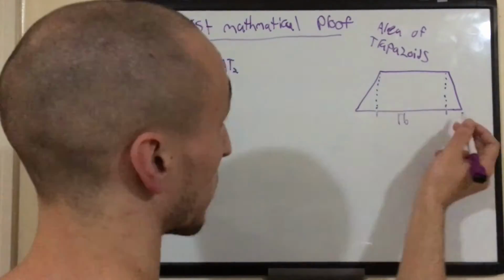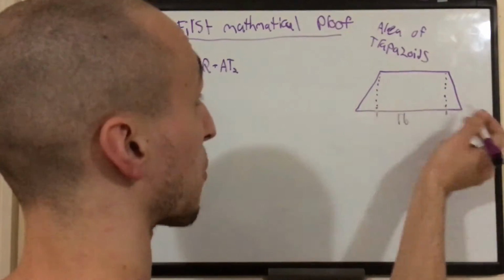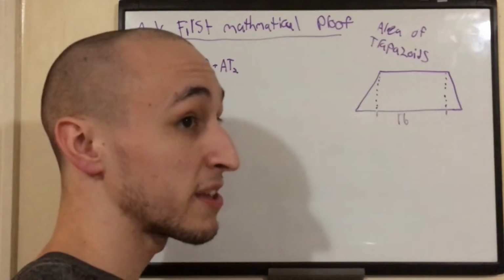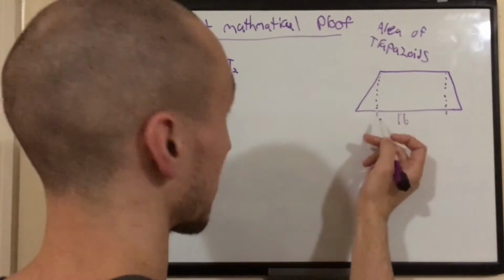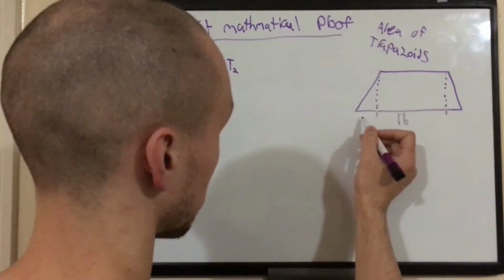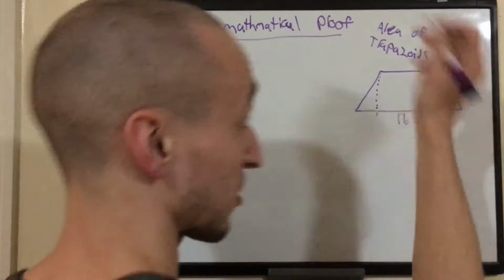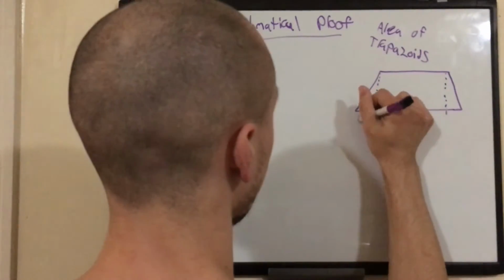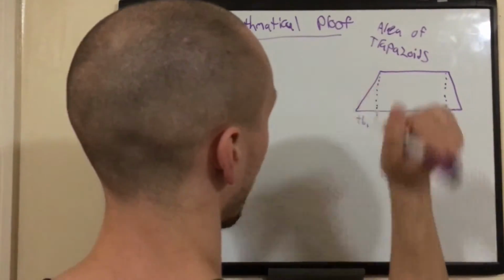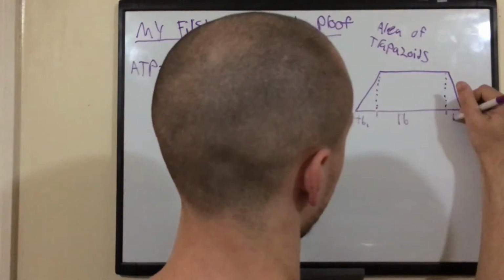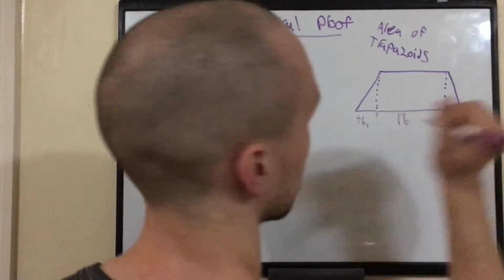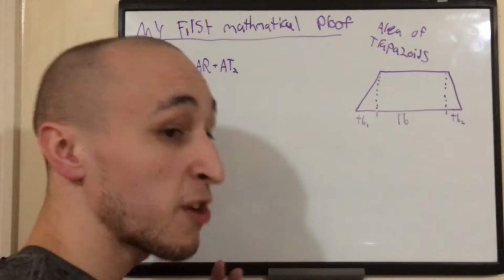Rectangle base. Remember, the triangles could be totally different. One other triangle might not be there. So we can't say, oh, this is just TB and this is also TB. No, this is TB1, and this is TB2. We have to say that because we don't know.